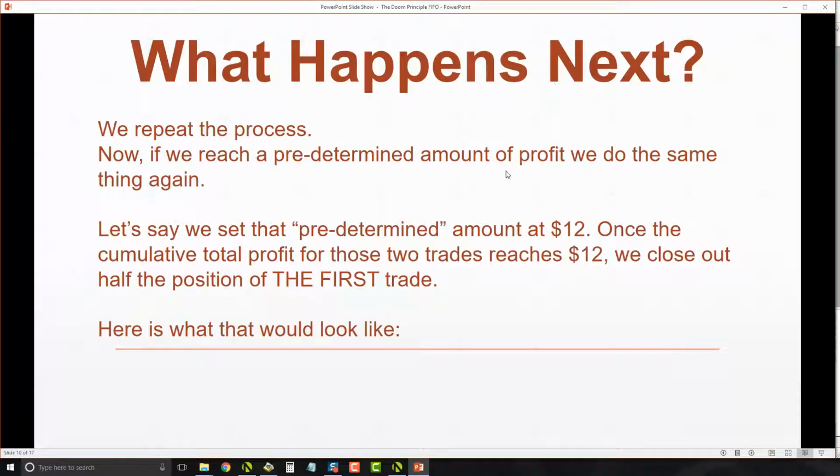So after we have placed the second trade, the 4 microlot trade, we have a 2 microlot trade open, a 4 microlot trade open. Now we repeat the process. If we reach a predetermined amount of profit, we do the same thing. So let's say the predetermined amount of profit is $12. The initial profit that we looked for was $20 to start this entire chain of events. But now we look for $12. Once the cumulative total profit for those 2 trades reaches $12, we close out half the position of the first